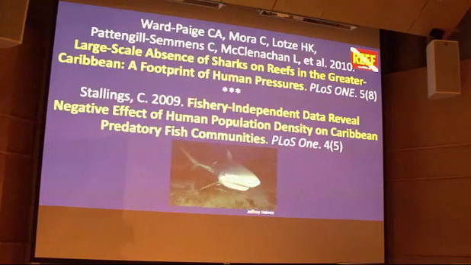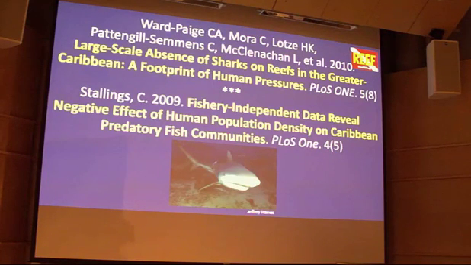Two others looked at broad scale impacts of large predators, and the impact that fishing pressure has on their populations. The top one looked specifically at sharks, and the bottom one was more about large predators in general, snapper and grouper primarily, throughout the whole range.